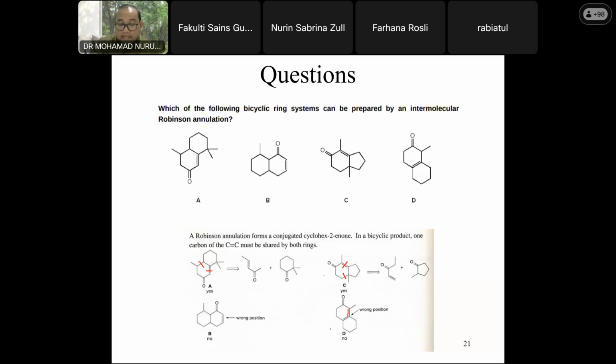Okay, so when you get this kind of question, for example, take your breath and analyze one by one, okay. It will help you a lot, rather than doing mechanisms, which will take a lot of time because it involves three mechanisms. The first one is Michael addition, you have to spend a lot of time to do that. After that, aldol reaction, and lastly, deprotonation. So this is the simplest approach to determine the starting material for these compounds if they are positive for the Robinson annulations.